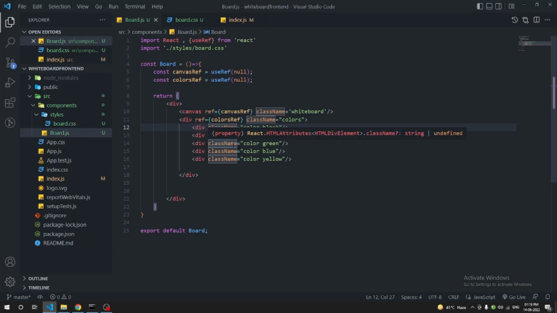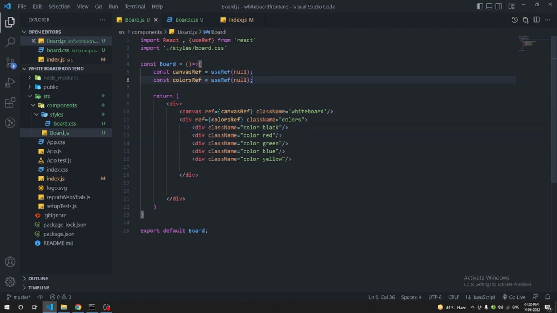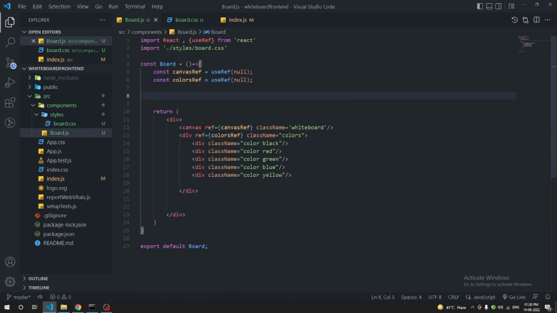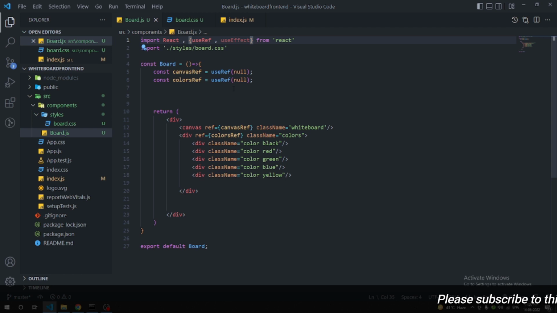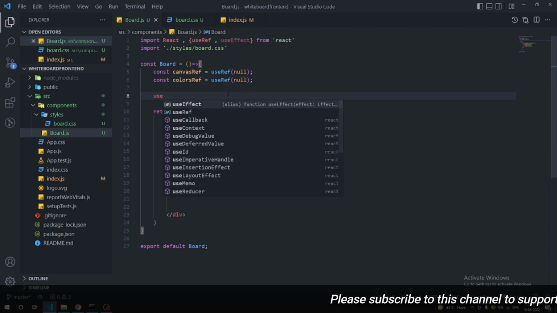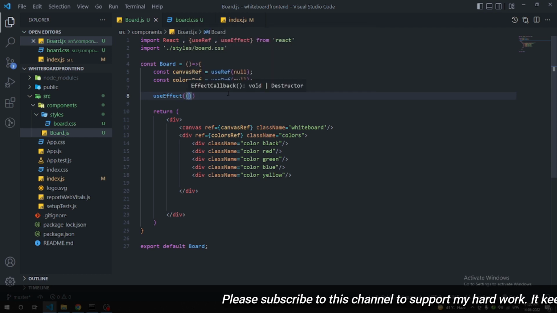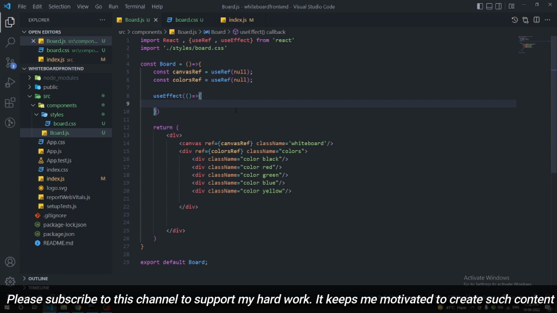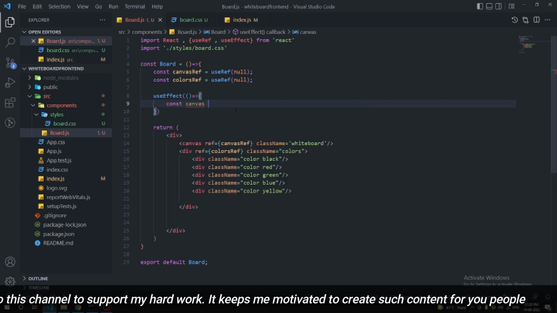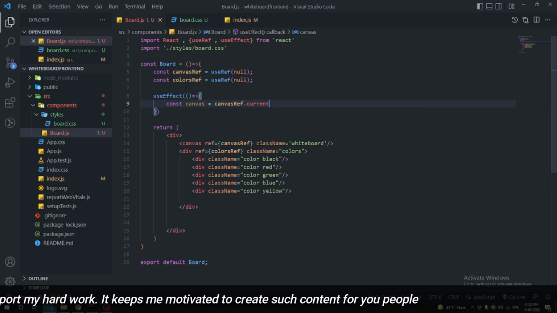So now what we can do is create an event listener. Let's suppose I click this particular color, so we need to initialize a color. Right now we have selected this color, so we can write an event listener. For that we are going to use a useEffect hook. So useEffect, and in this we can create a const canvas equal to canvasRef.current,